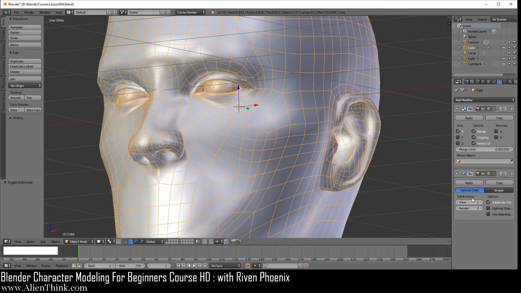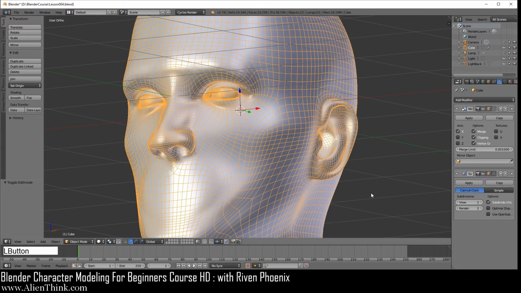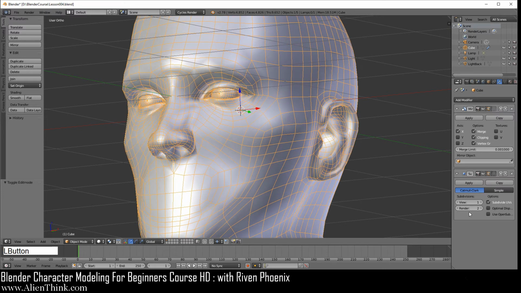So in the subdivisions over here in the view, this is showing you the number of quads that it's going to use to create your actual 3D model. If I click on this, you can see that it's going to add a lot more quads over here. But this is way too many quads for us to actually capture the 3D model. We're going to keep it at 1. And the render over here is really just for rendering. How many subdivision levels do you want to use, okay?